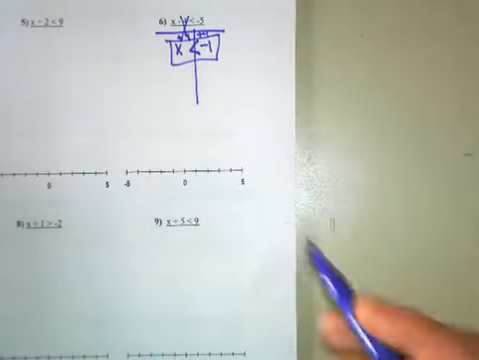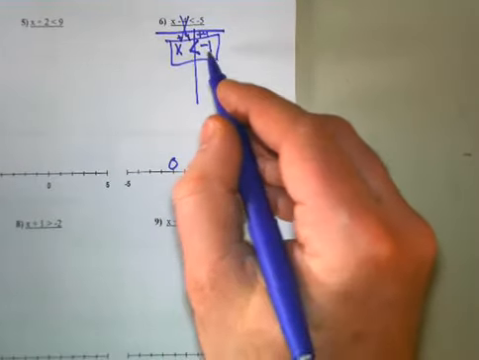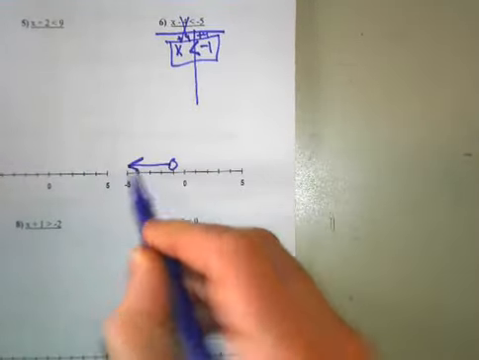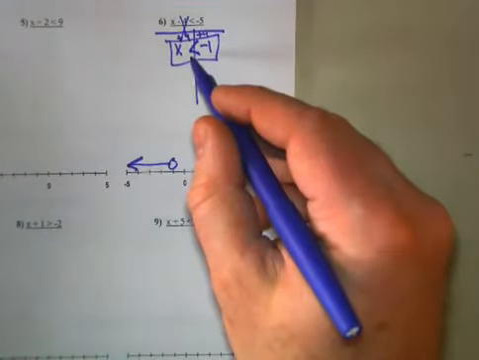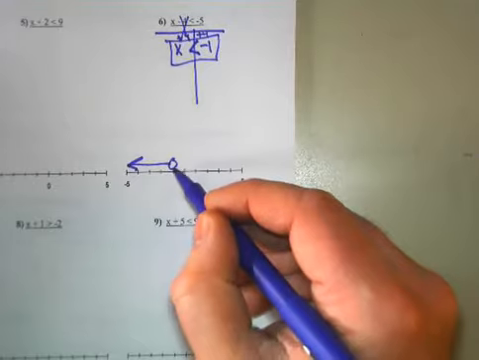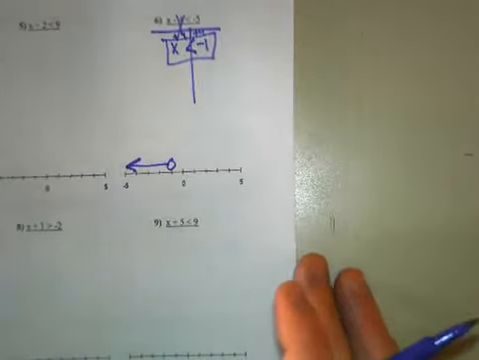And then we would go down here below, find negative 1, put a circle, x is less than negative 1, so we go to the left. And that's all you have to do. Since it's not equal to, we do not fill in the circle. You only fill in the circle when it is or equal to. On the next page,